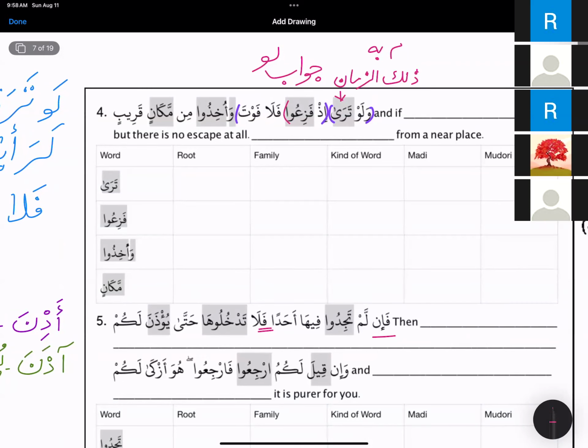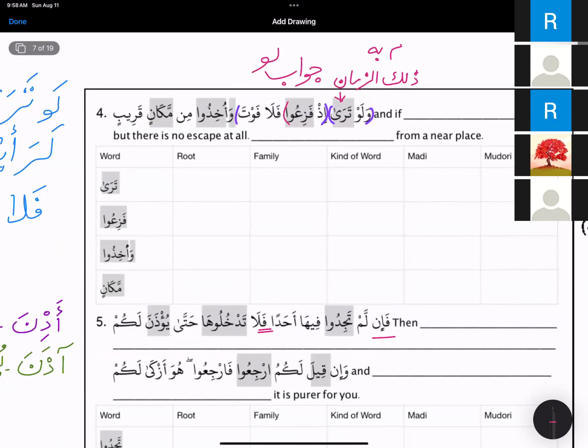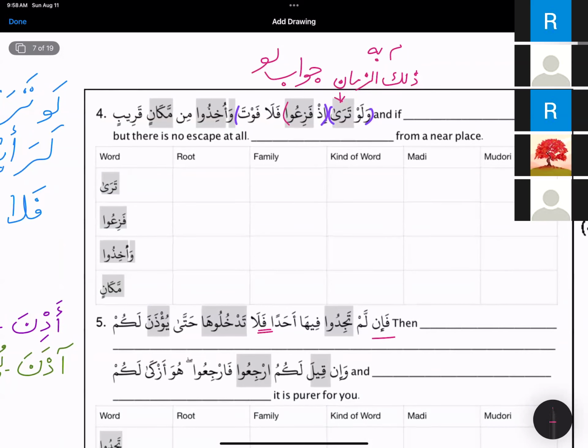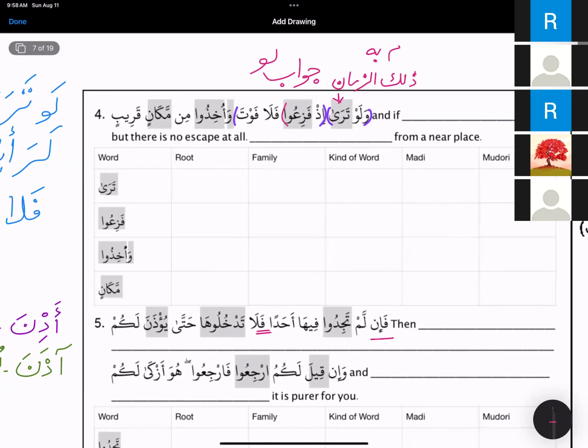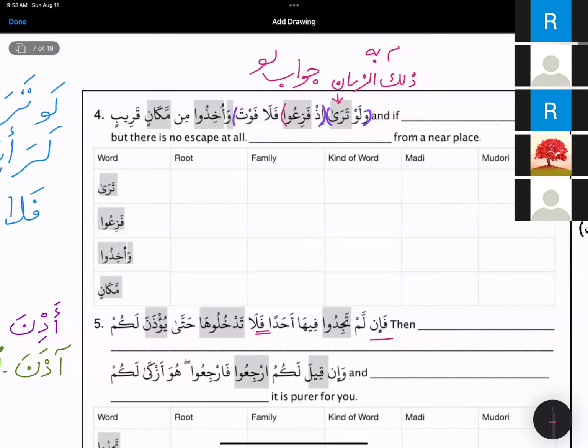Walau tara. Where is the maf'ul of tara? Do we have it? Because we need, is fazi'u fala fauta. The whole fala fauta thing is jawab shart, so that cannot be the maf'ul of tara. Is fazi'u. When they are scared, is fazi'u is mudaf, and what follows is mudaf ilayh. They are scared, and if you could see when they are scared,